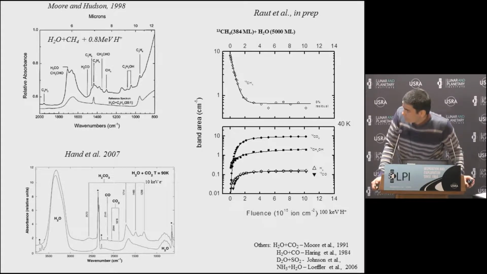We have a mixture of water and CO2 and another water and methane mixture with 100 kilovolt protons. And you can see the evolution of the optical reflection spectra of the surface, indicating different radiation products with different atomic combinations of carbon, hydrogen, and oxygen being formed. But